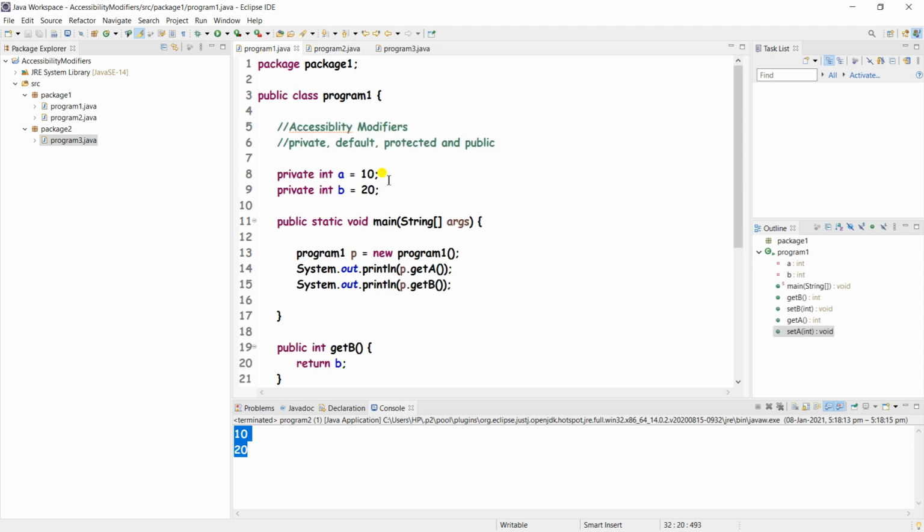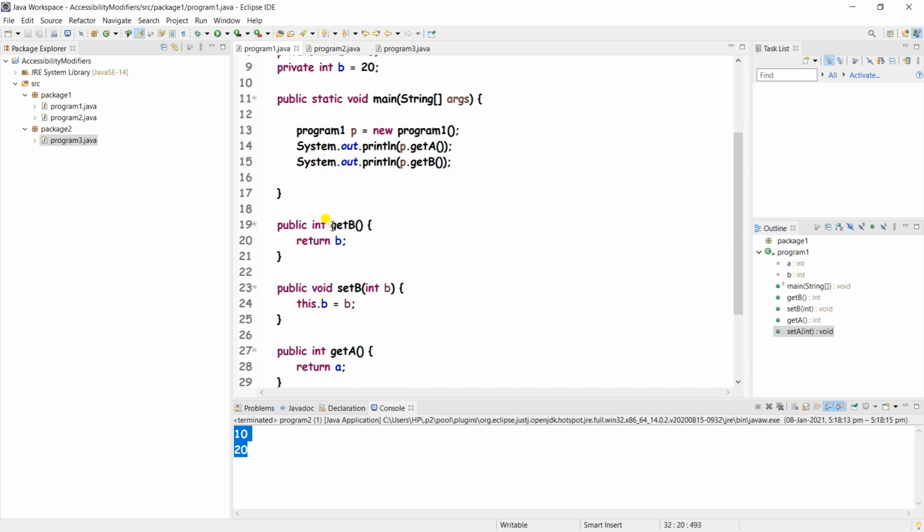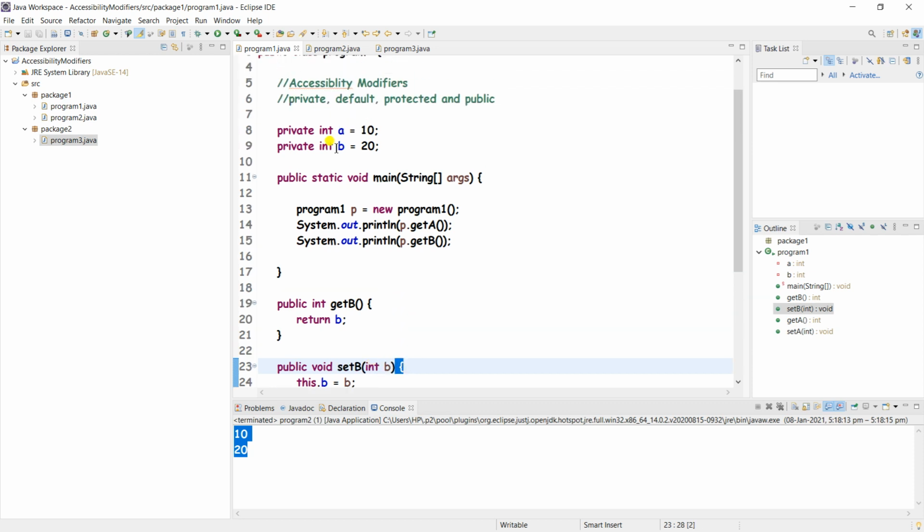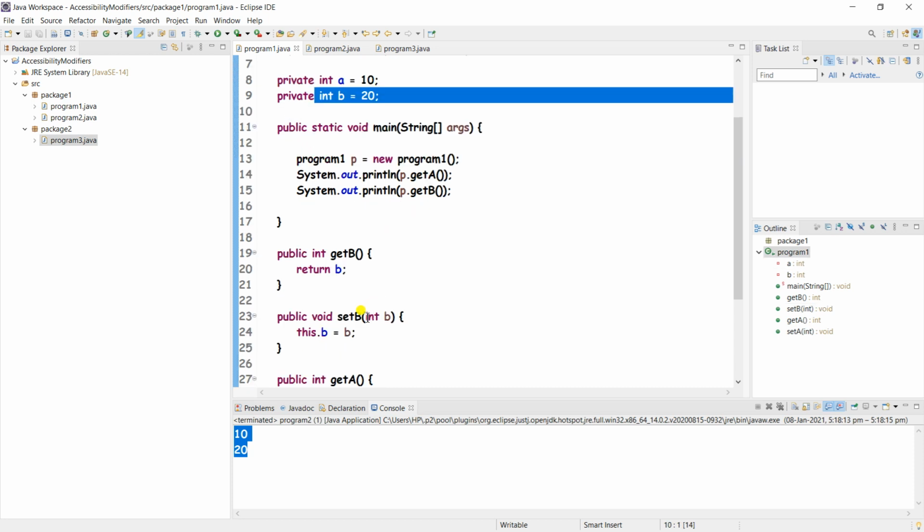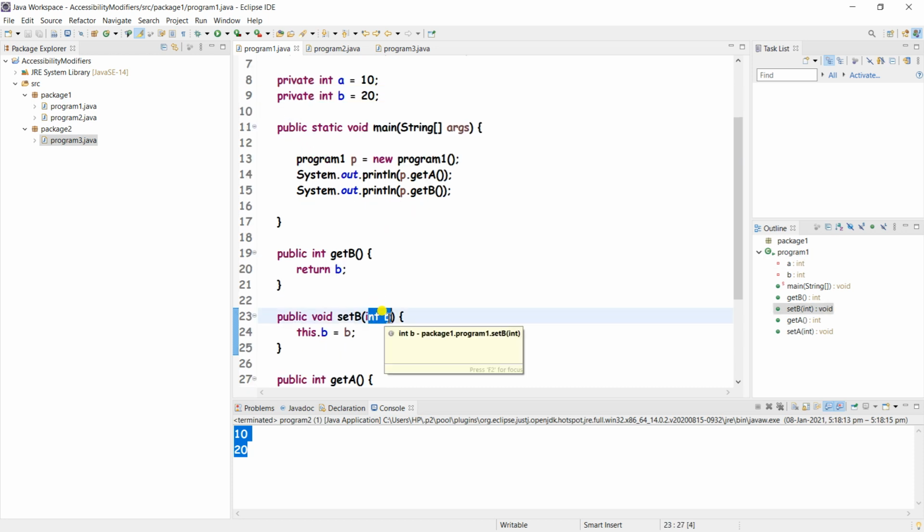Here the set function is taking the integer value, integer b as 20. At this position this 20 will come, and it will be set for this class, and 20 will be assigned to b, okay.